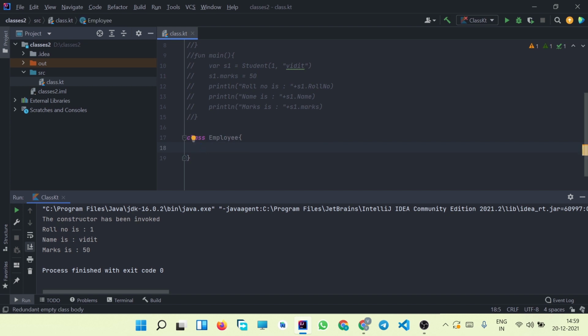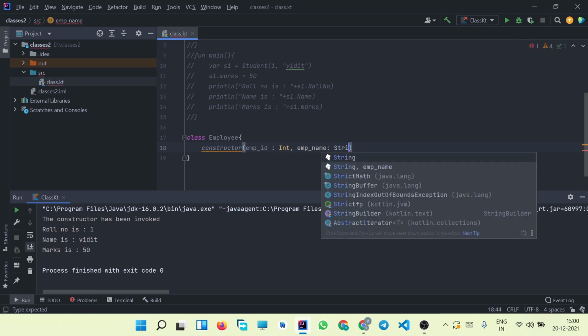Now if we want to declare a secondary constructor, the syntax is first write the constructor keyword, then inside circular brackets simply pass the attributes that you want to initialize. So let us pass employee ID, which will be of data type Int, then employee name, which will be of data type String.